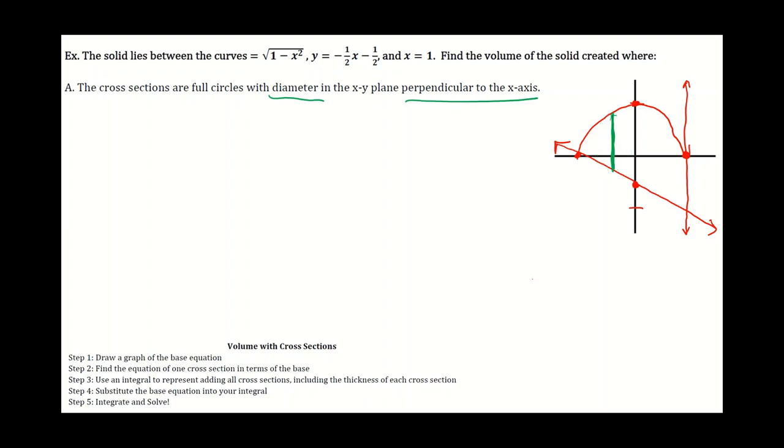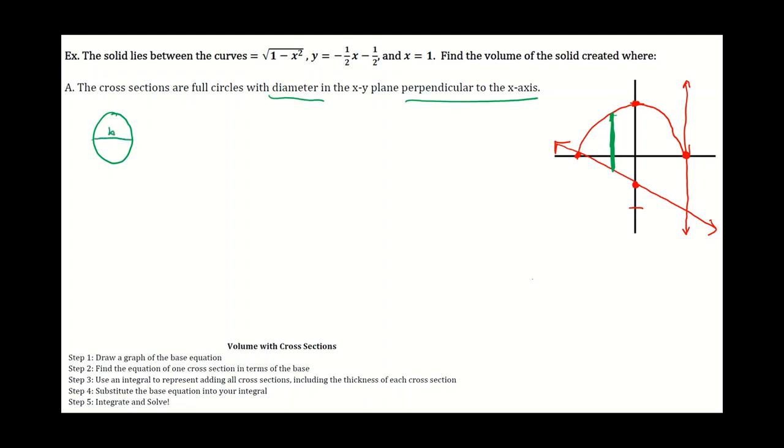So that's going to be one base of a typical slice, and each slice is a circle. Okay, then step 2, find the equation of one cross-section in terms of the base. So let's look at one cross-section. It's a circle, where the diameter is the base, and we're going to write it in terms of b,